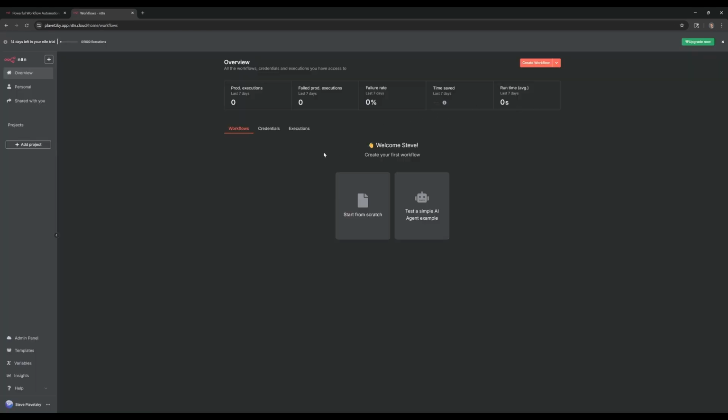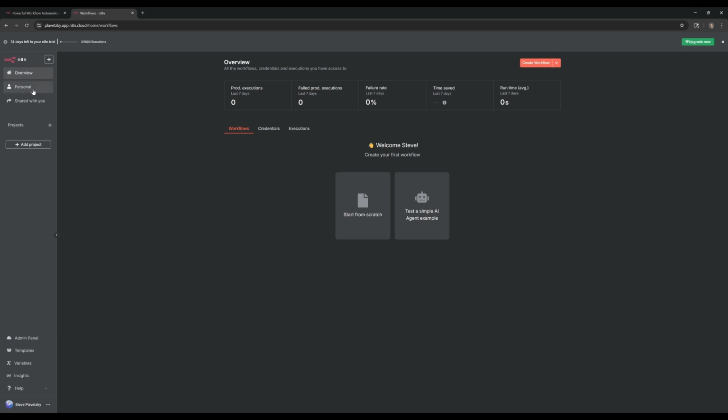So this is where, once you have more automations built, there'll be a table showing you all the different automations. Across the top here, since it's a brand new account, everything is going to be 0. But as you run your automations, these will start to change. The time saved, apparently, you'd have to go in and manually put this information in, so don't expect that to change too much unless you do. The top right here gives you the option to create a workflow. We're not quite there yet.